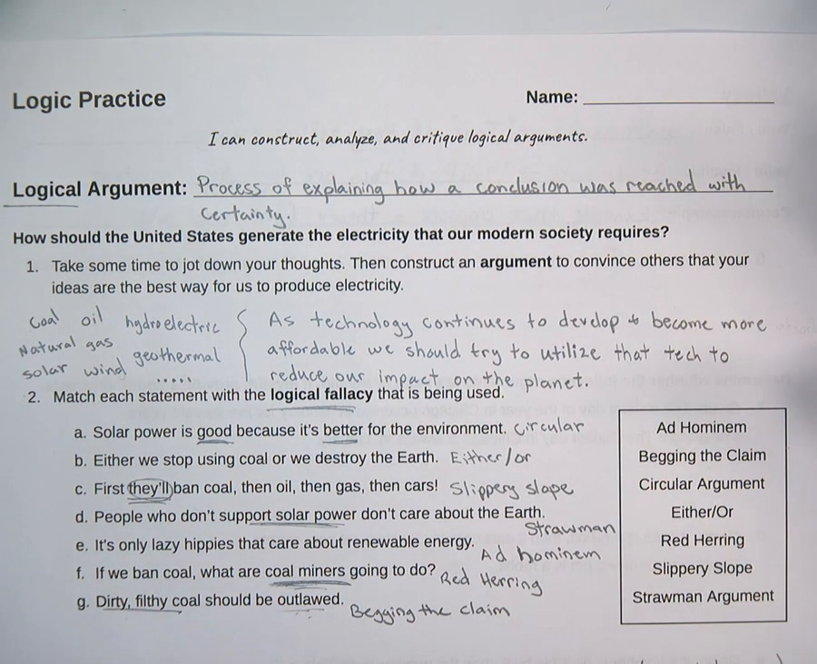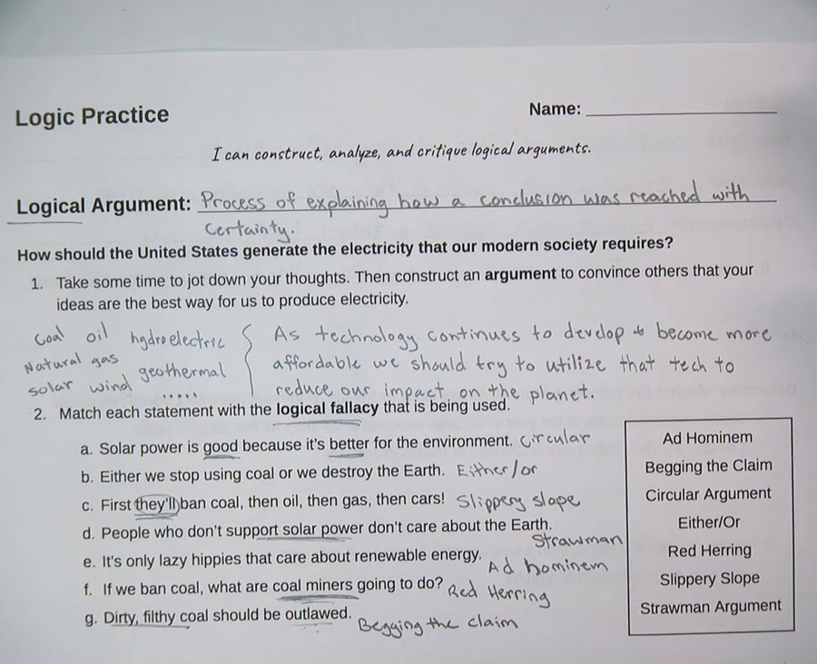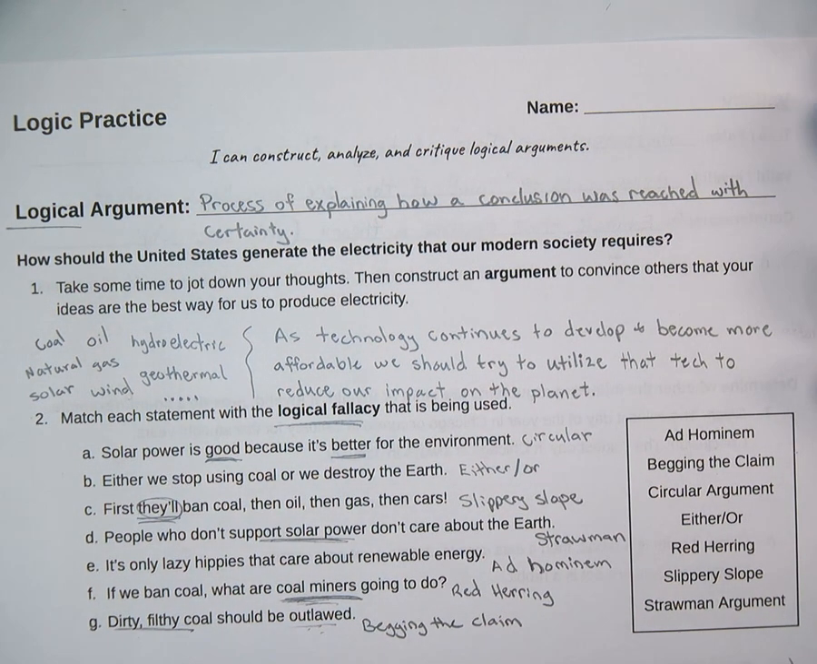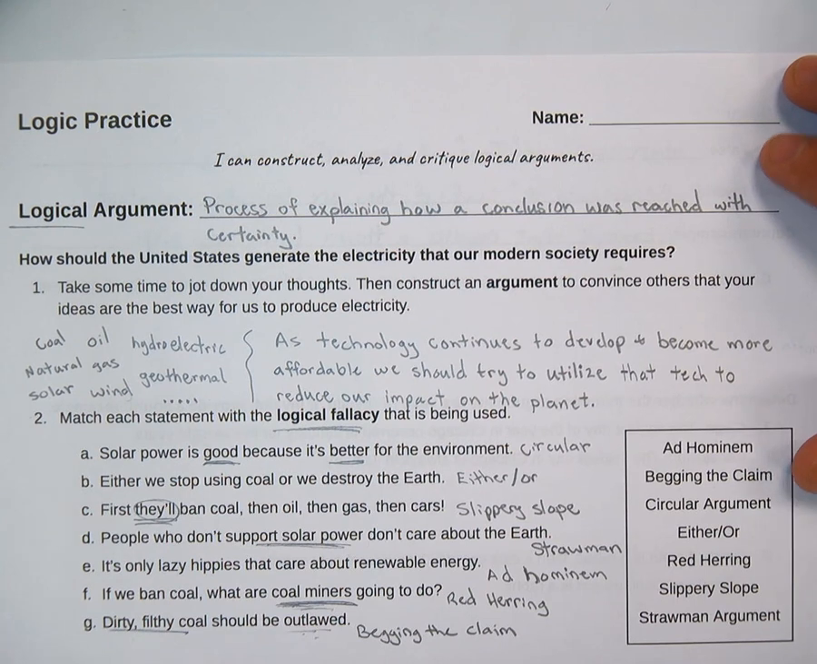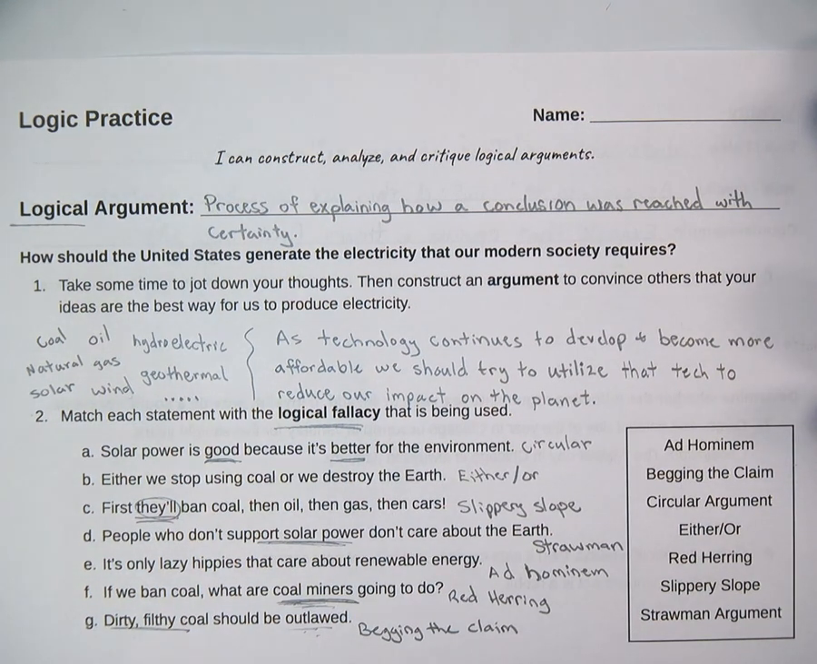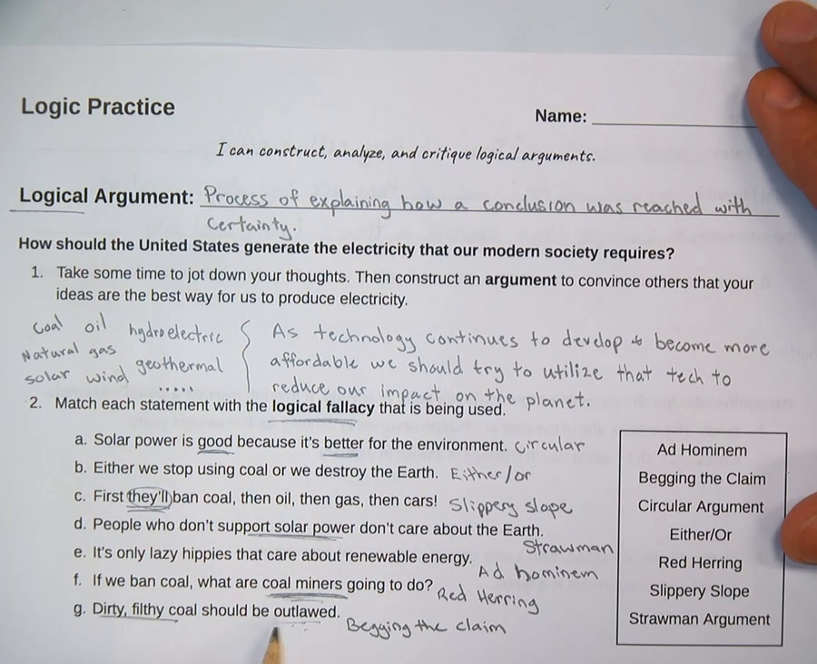If you started by explaining how coal is dirty and filthy, then you could logically argue that it should be banned, like saying that coal produces this much CO2, this much CO2 in the atmosphere causes this effect. This effect is bad, therefore it should be outlawed, right? That's a solid logical argument right there, where you start with a premise and you end at a conclusion. This, however, is simply relying on the emotional tug of saying that it's dirty and filthy,